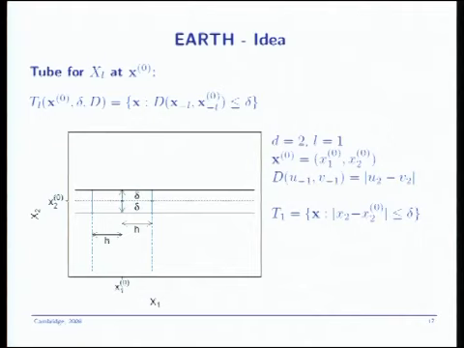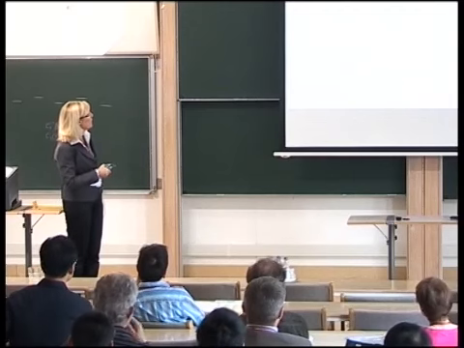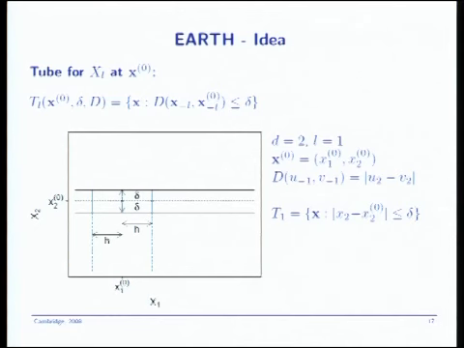So XL is now x1 because we are in 2 dimensions. And what is done is in the other component, for some point x0, which is (x1,0, x2,0), this point here, you construct such a tube of width